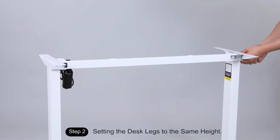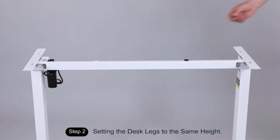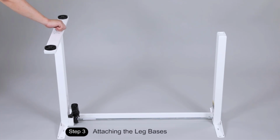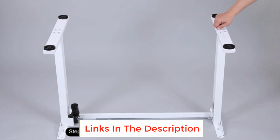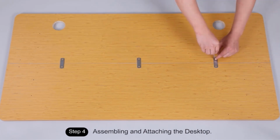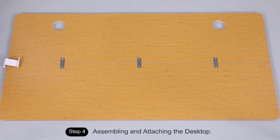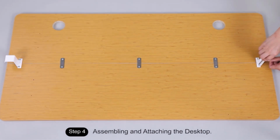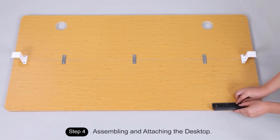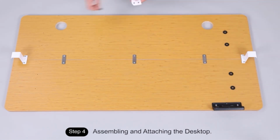The electric standing desk boasts a waterproof and wear-resistant splice tabletop. It is thoughtfully equipped with a wire collector and 2 hooks, enabling you to maintain a clean and organized workspace. Our adjustable height desk uses an industrial-grade alloy steel frame combined with a solid desktop that allows for a 176 pounds weight capacity. Please note that the tabletop consists of 2 pieces, which need to be installed and